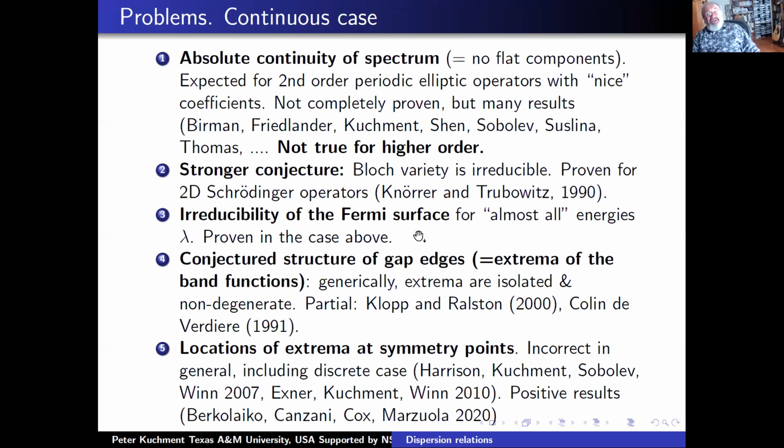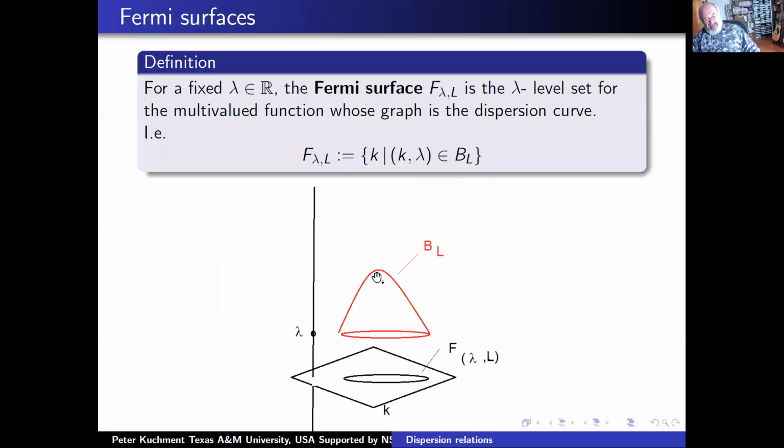Irreducibility of the Fermi surface. The Fermi surface is just one level set. It's also an analytic set. The set where the dispersion relation equals lambda is an analytic set. It's also known only in that case. It's also important for spectral theory. What I will be mostly interested in is the structure of gap edges. Let us see. So you remember the projection of